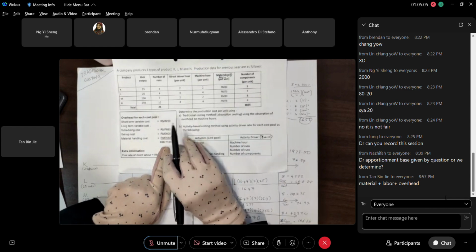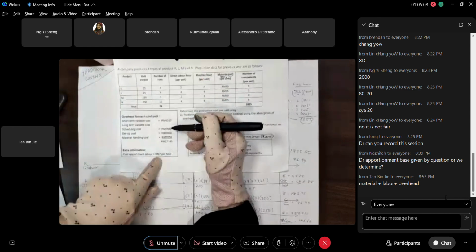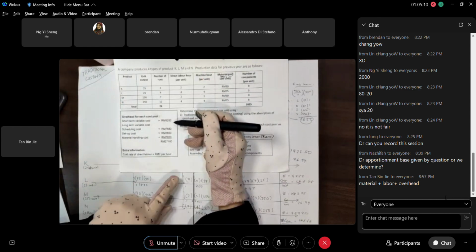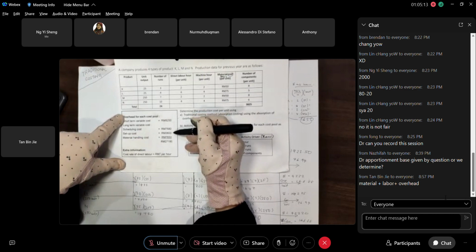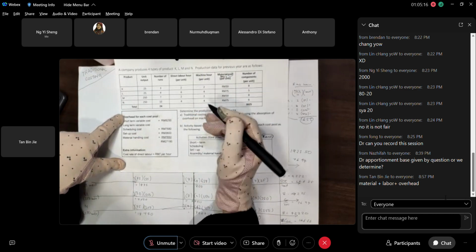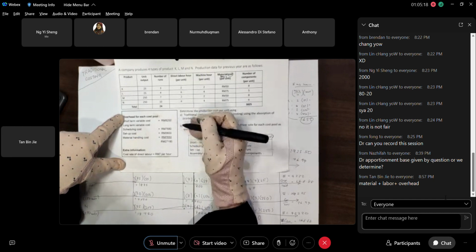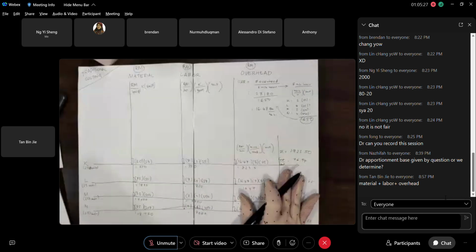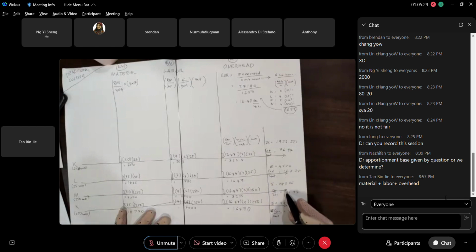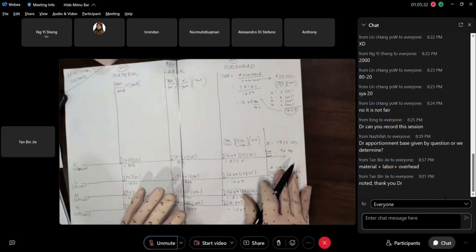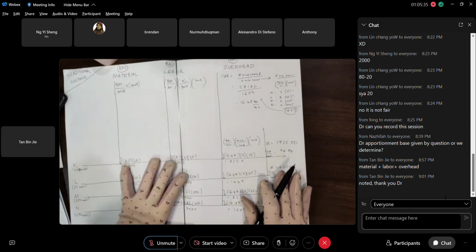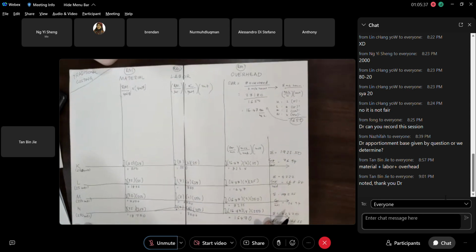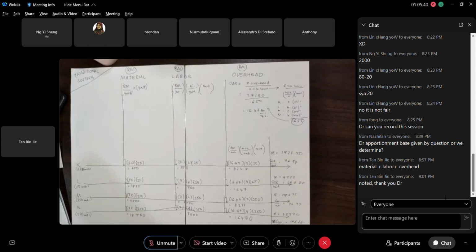This is based on traditional. The overhead is one lump sum. If you use activity based costing, this must be done part by one. Must calculate. This we will do in a while. That's why we take 2 hours today, to go straight on to ABC. This one is finished, traditional. So now you get the numbers here. This is the costing for traditional. What happens if you use activity based costing? That is after this. Okay, any more questions here? Any questions? Elga, do you understand?